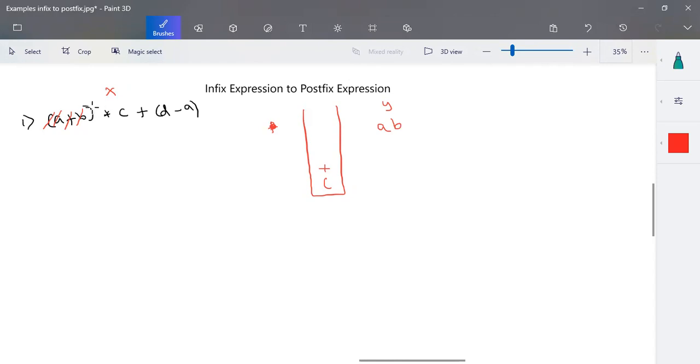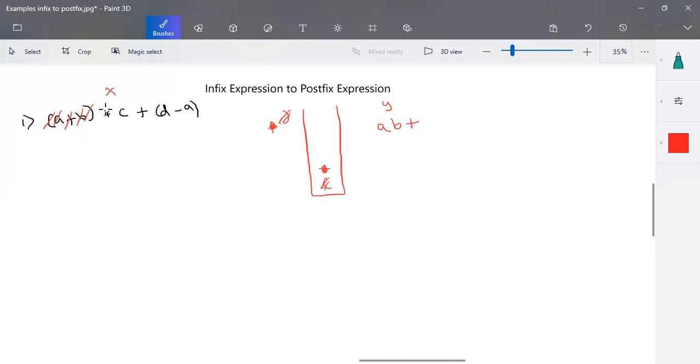Okay. And next one is a close bracket, close parenthesis. So whenever a close parenthesis is taken, we have to pop out the elements that are present in the stack until an open parenthesis is there. Okay, so in the stack, we'll be popping out one element at a time. So plus will be popped out, added to the expression. And next element to be popped out is this open parenthesis. So for this close parenthesis, this open parenthesis will be cancelled off. Now stack will be empty.